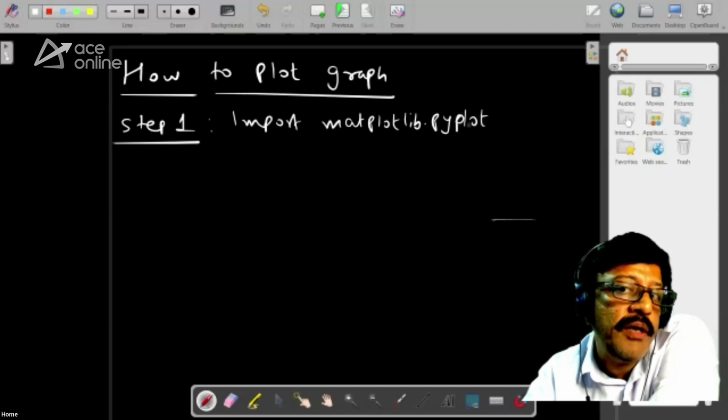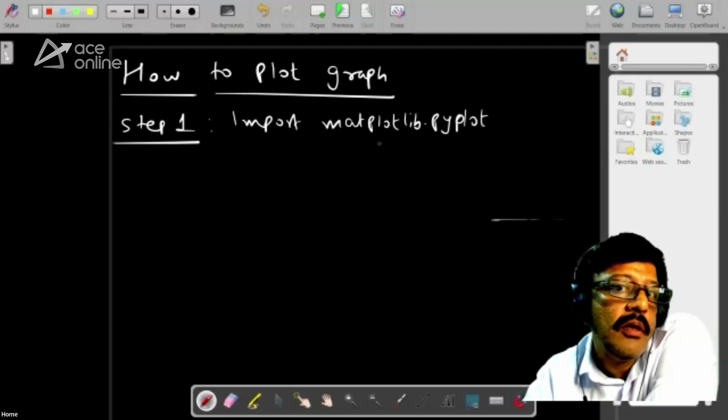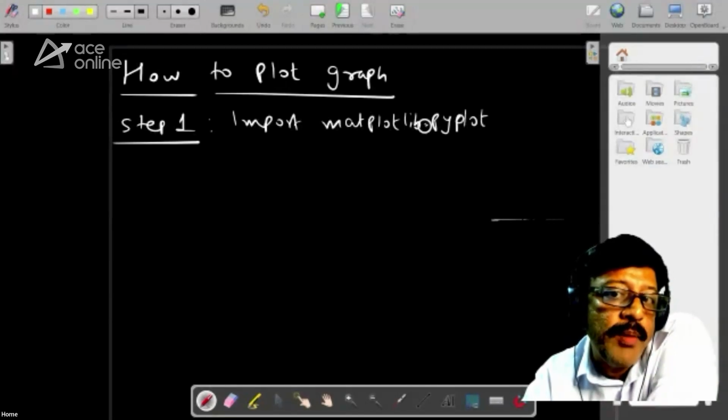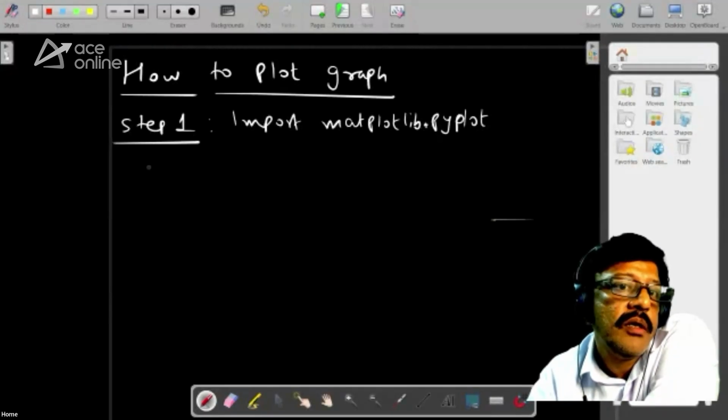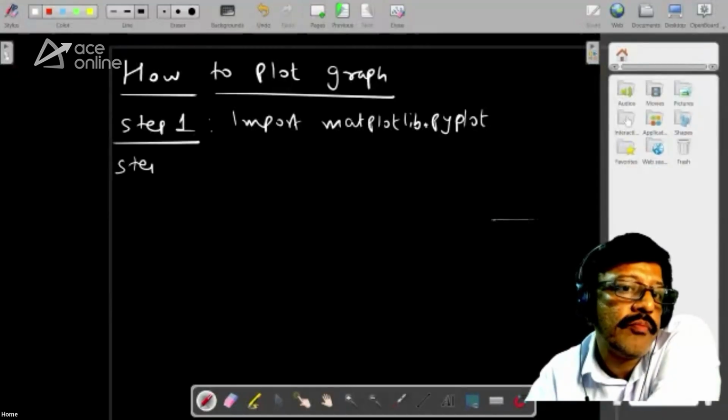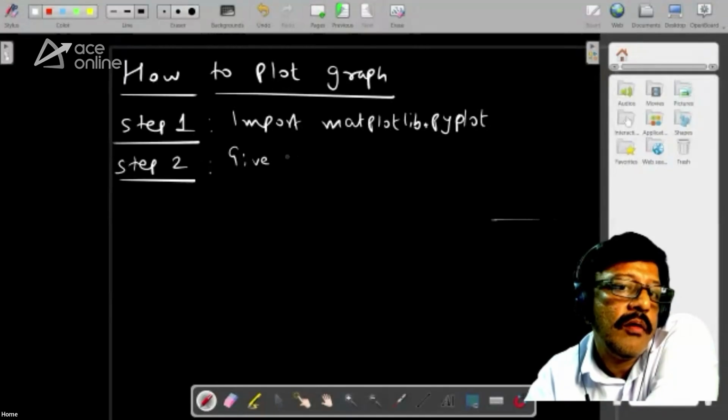Py means Python plot, but dot is there in between. This is the complete name of the module. Okay. Matplotlib.pyplot. Step 2. Give values of x-axis,